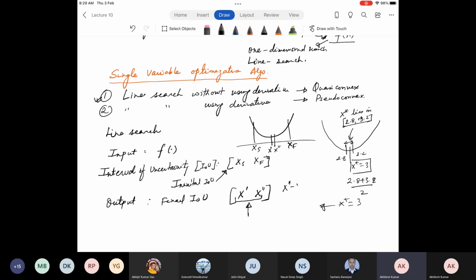We can use this as our termination criteria also. If X double dash minus X dash is 0.0001, it is almost close to the X star. Does that make sense? Are you guys with me in terms of understanding? We are not giving a 1-point value. We are giving a range in which the solution will lie. Is this clear?